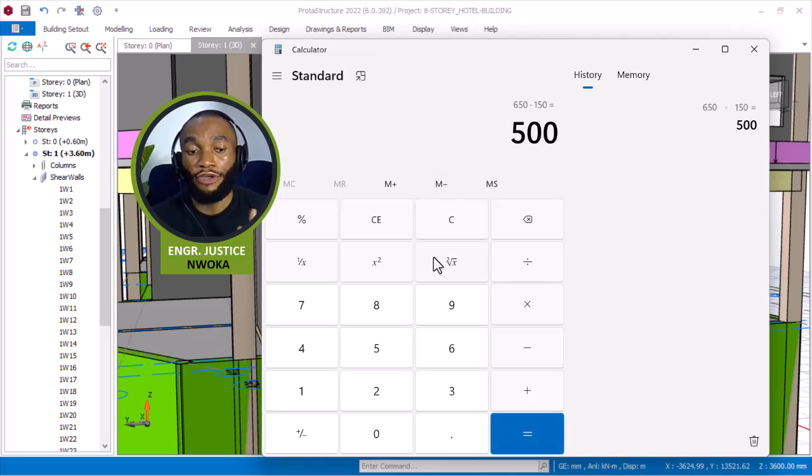What makes up the overall beam depth is slab plus the beam. So if slab is 150 and beam is 300, if you add that together, that gives you 450. But in this case, the beam depth is 500 and the slab is 150, so the overall beam depth right now